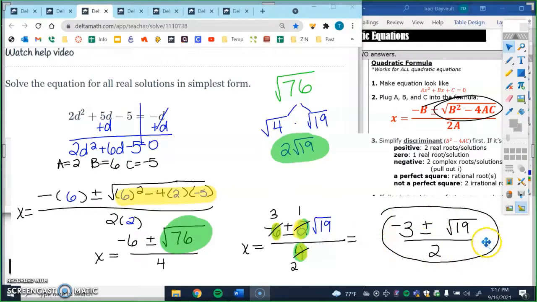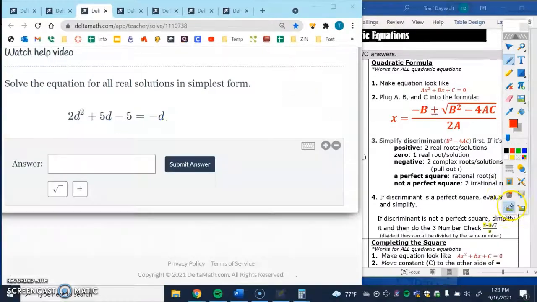How many answers is this? This is 2 answers, and they're ugly numbers because our discriminant was not a perfect square. Our 2 answers are (-3 plus the square root of 19) over 2, and (-3 minus the square root of 19) over 2. Those are the 2 answers, and they're ugly numbers, so this is the exact answer where we don't have to